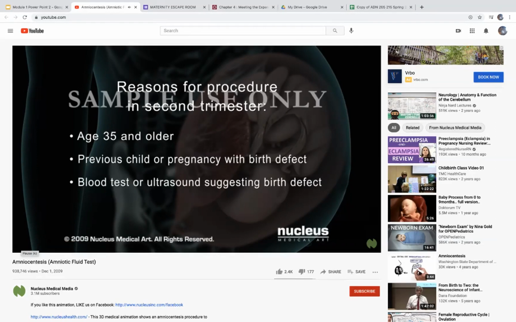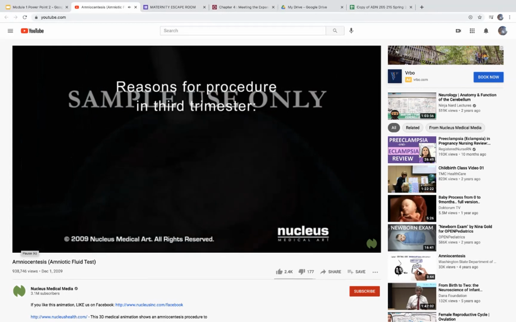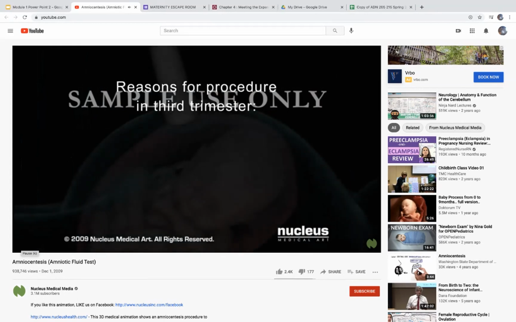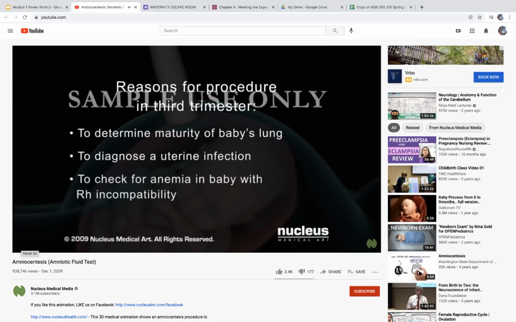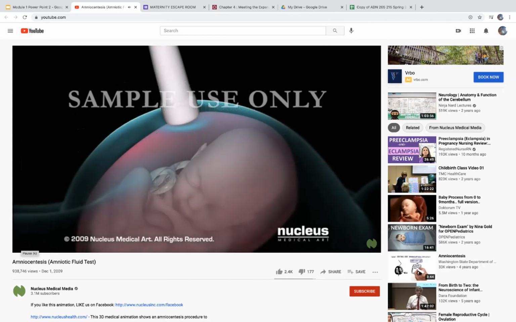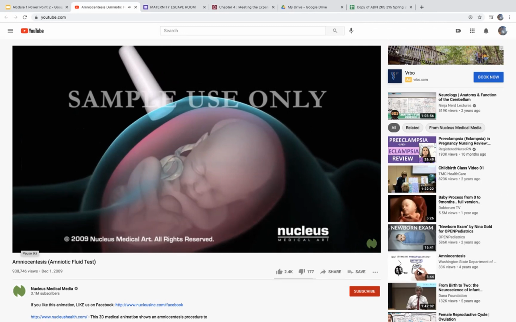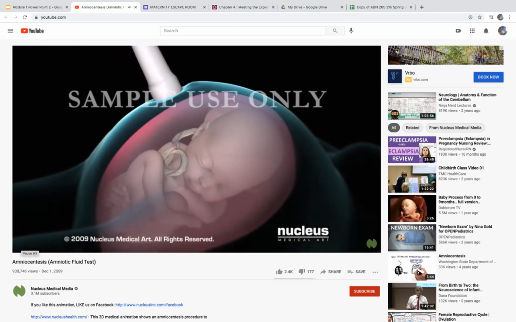Previous child or pregnancy with a birth defect, blood test or ultrasound suggesting a birth defect, such as Down syndrome or neural tube defects, or a family history of genetic disorders, such as cystic fibrosis. Amniocentesis may also be done in the third trimester for these reasons: to determine if the baby's lungs are mature enough should early delivery become necessary, to diagnose a uterine infection, or to check for anemia in a baby with Rh incompatibility. To begin your procedure, your doctor will use ultrasound to create an image of the fetus and nearby